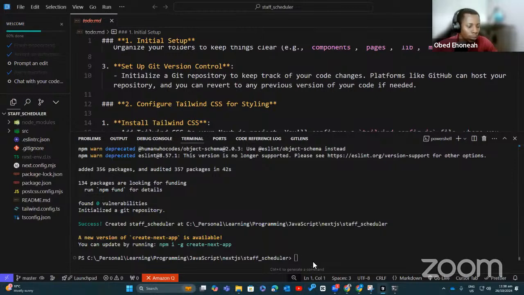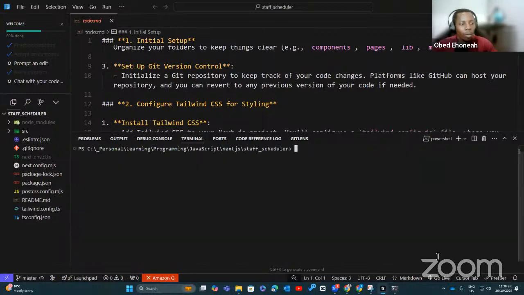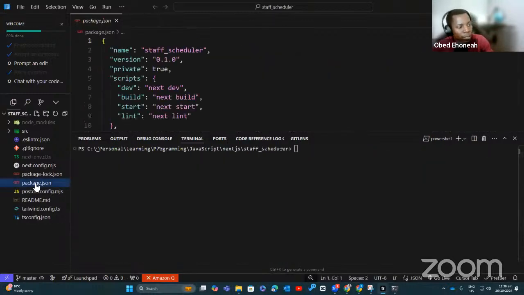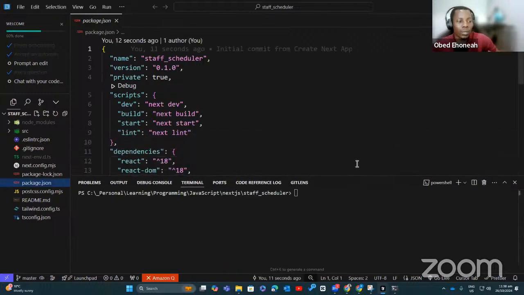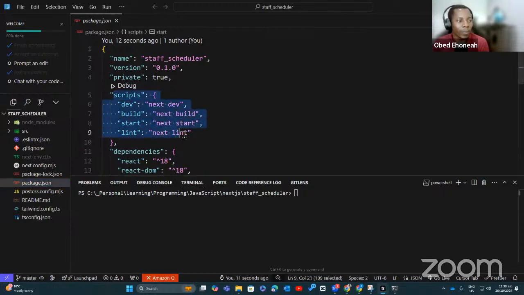Okay, good. Just so you are aware, once you've installed this, you can look out for the commands to run it. You always find them in your package.json. If you were not using create-next-app and you were building it manually, you would have stated what your scripts should be. So anything that you see here, like the scripts, we have dev, we have build, we have start, we have lint.